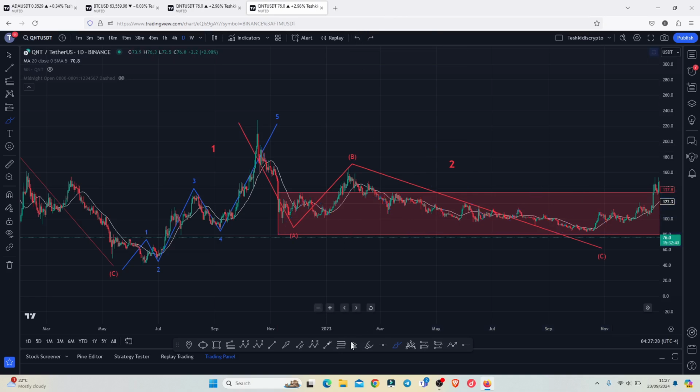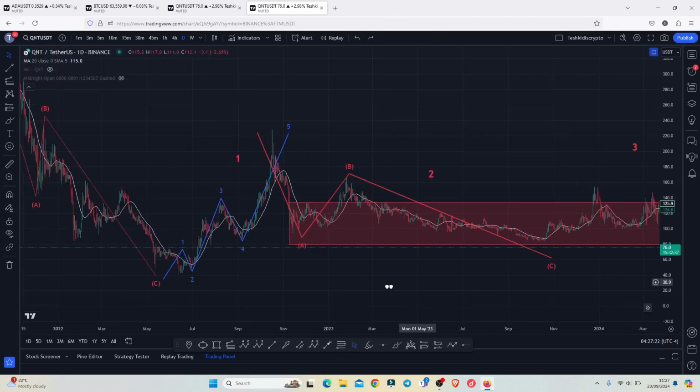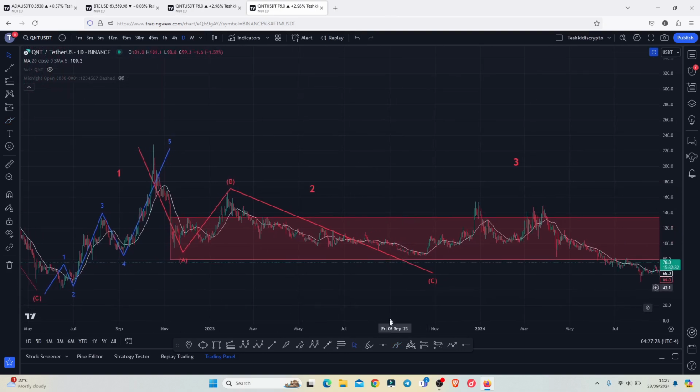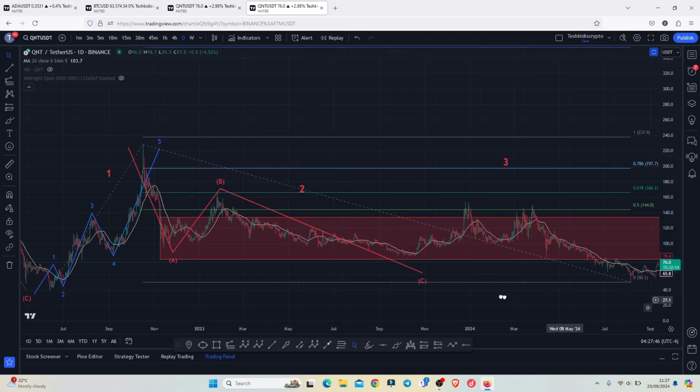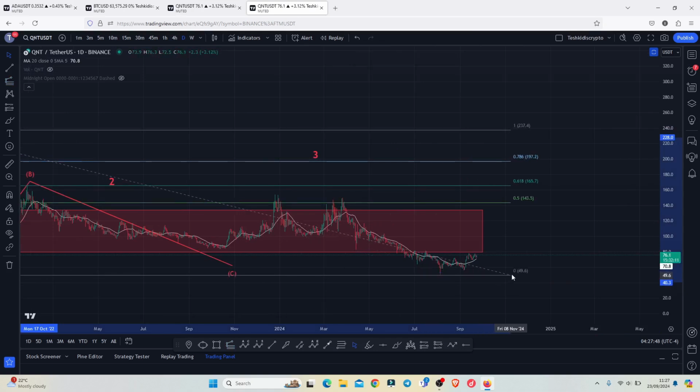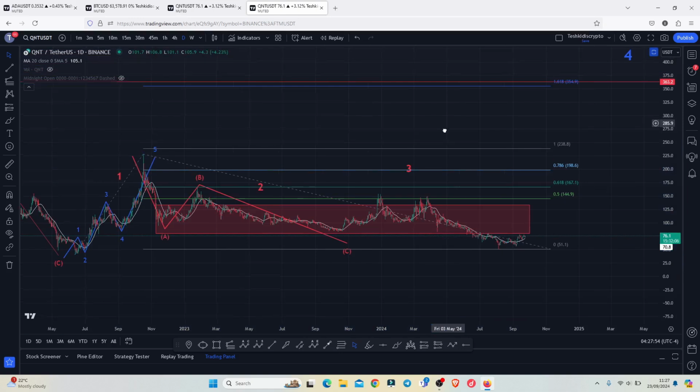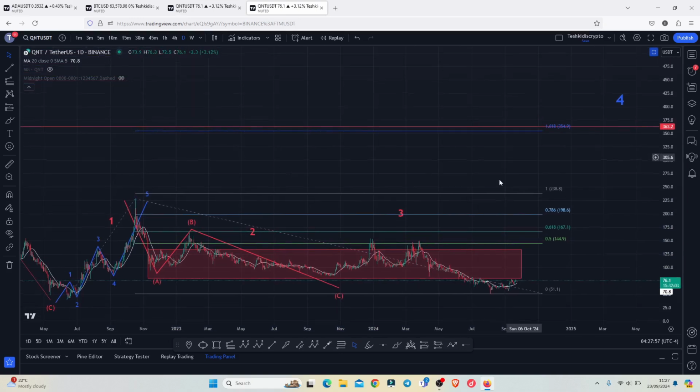which is an area that we have now fully maximized, and there are high chances that we now have a low in place for the second wave, and in the next coming days we might start that impulsive movement to the upside in this Elliott wave count 3, whose minimum target areas can be given by pulling the fibs from the lows that we made, that is the bear market lows, to the high above the $229, then dragging the fibs to the lows that we made in this Elliott wave count 2, giving us a minimum target area for that Elliott wave count 3 above the fib level 1.618, and that is above the